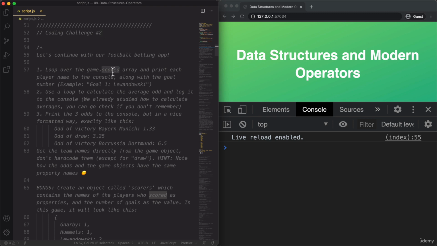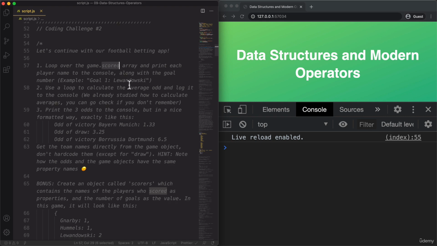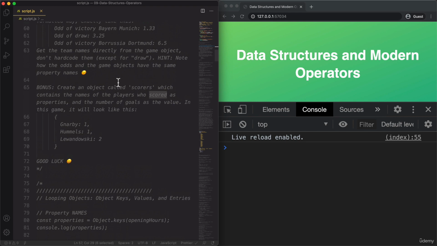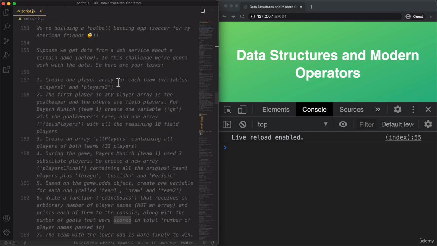And the first one is to loop over the game.scored array and then print each of the players to the console along with the goal number. So this one is not that hard. And so let's just,